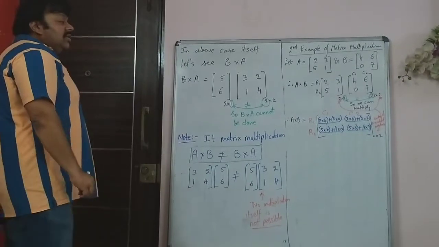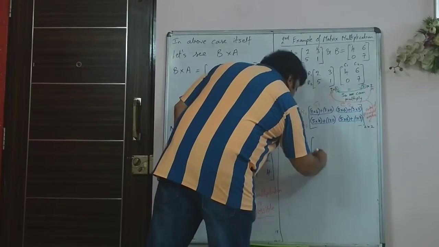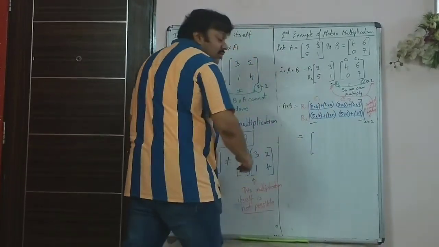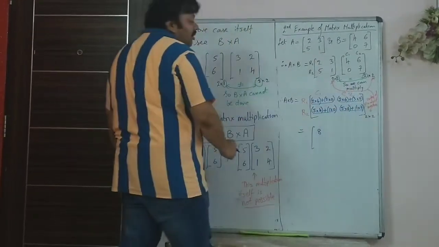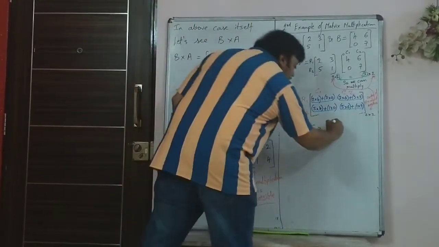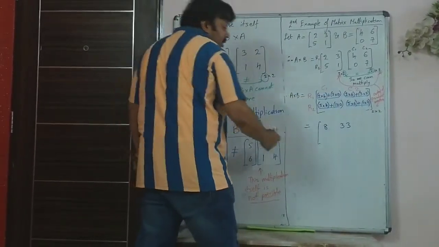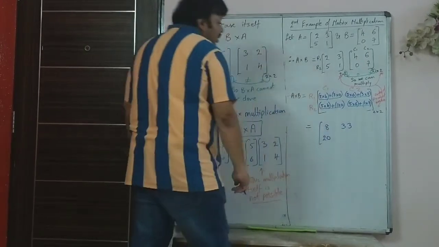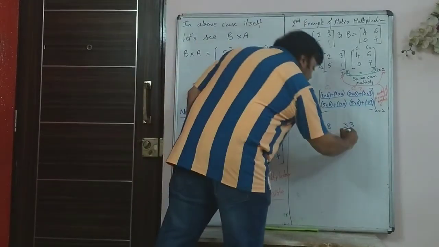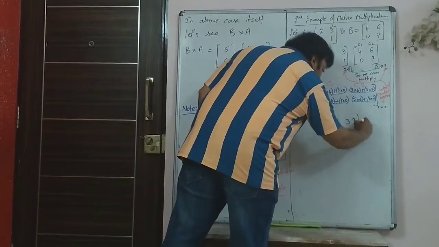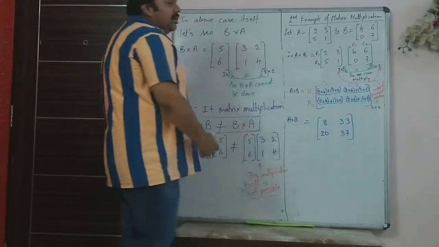So that is what is written. So now it is easy. Now you need not write all that background. You can directly write 8 plus 0. So first element is 8. 12 plus 21, 21 and 12 is 33. 20 and 0, so 20 itself. And last is 30 and 7, that is 37. So this is your A into B matrix after multiplication.